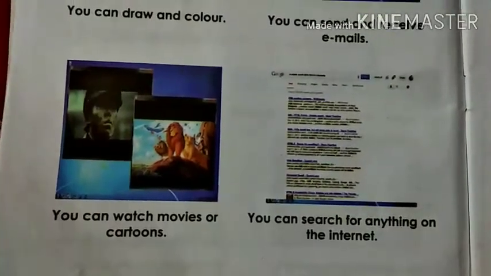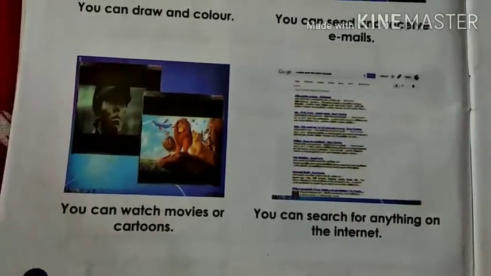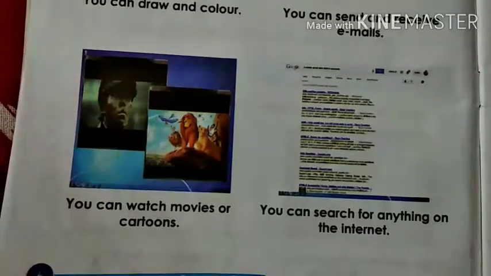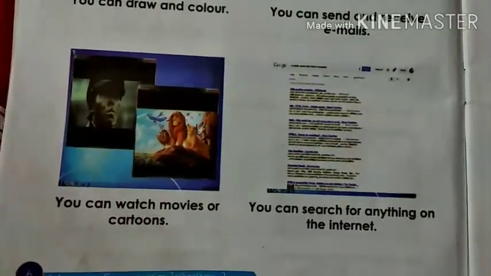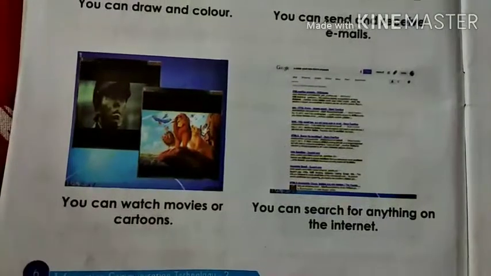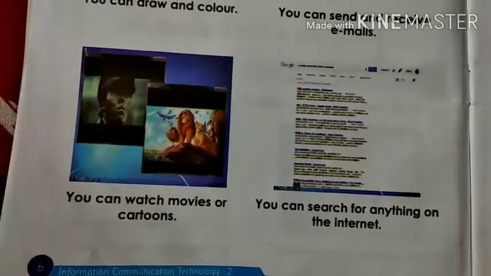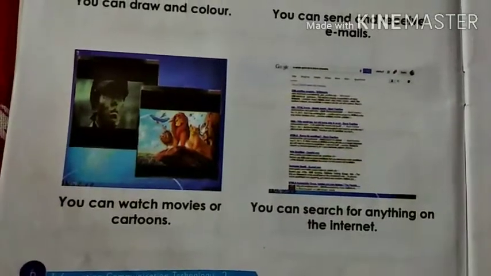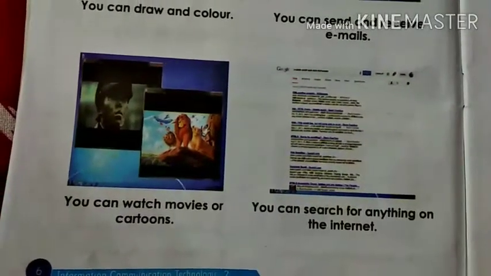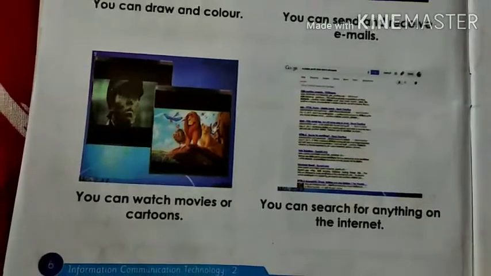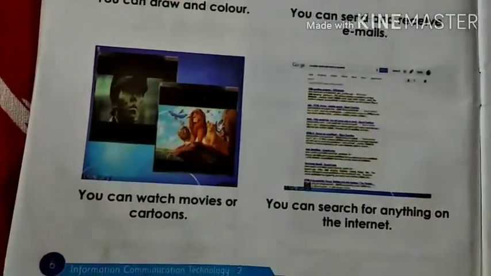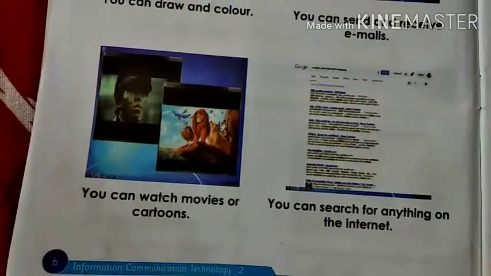With the help of search engines, whatever information you want to collect, you type the subject in Chrome or any search engine, for example Chrome, Google, and you can get the information.